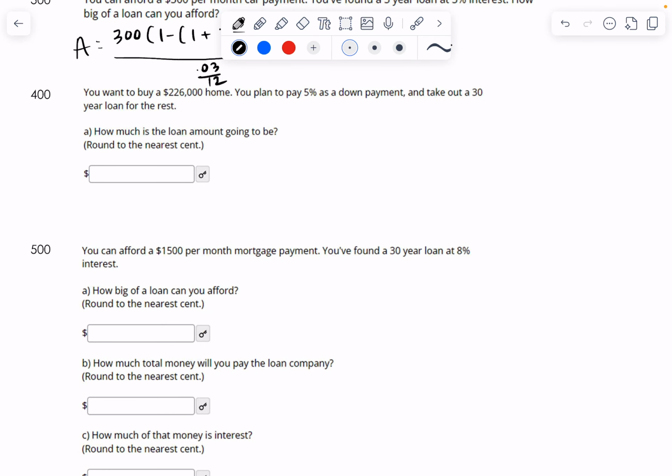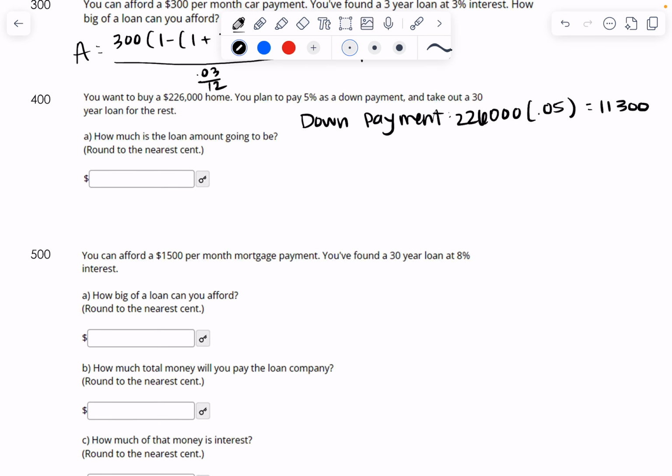Okay, and then we have 2 home loan questions, which is called a mortgage. So you want to buy a $226,000 home. You plan to pay 5% as a down payment and take out a 30-year loan for the rest. So the down payment is 226,000 times 5%, which is 11,300. So the loan amount is going to be